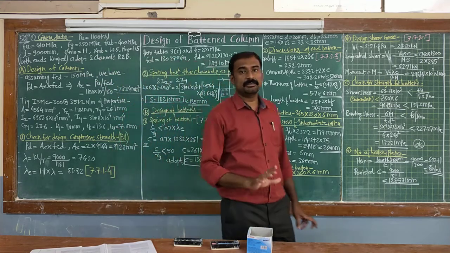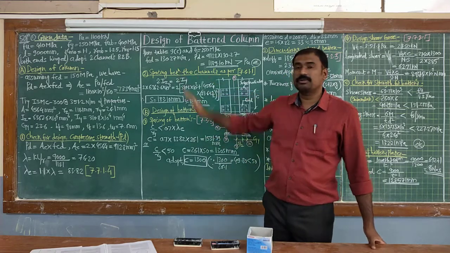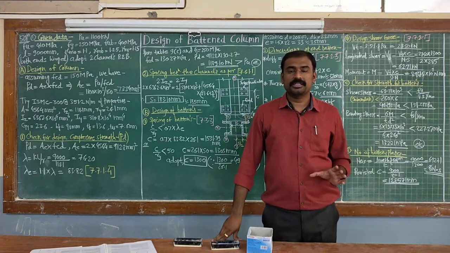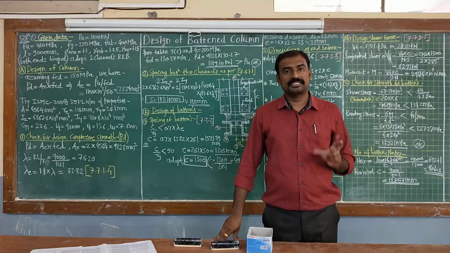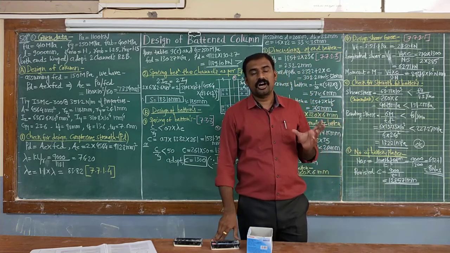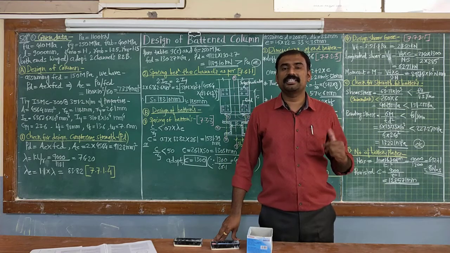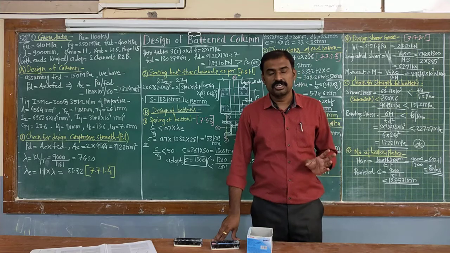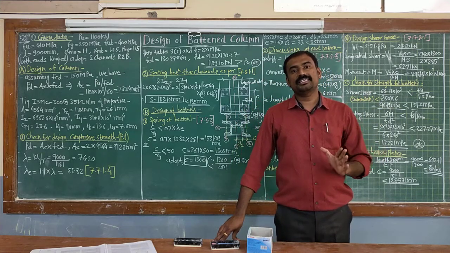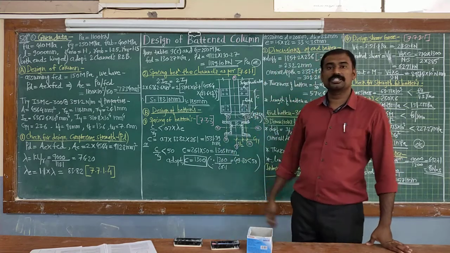So usually in the statement these particular details are given. Same details I have taken from the statement and derived this given data. So what we have to do, we have to initially design a compression member consisting of two channel sections placed back to back, and as these two channel sections are individual elements, these elements are to be connected with the help of battens as plates. So same type of problem we have solved in the previous video, only at that time we had adopted lacing system for connection. Here we are adopting battening system for your connection.